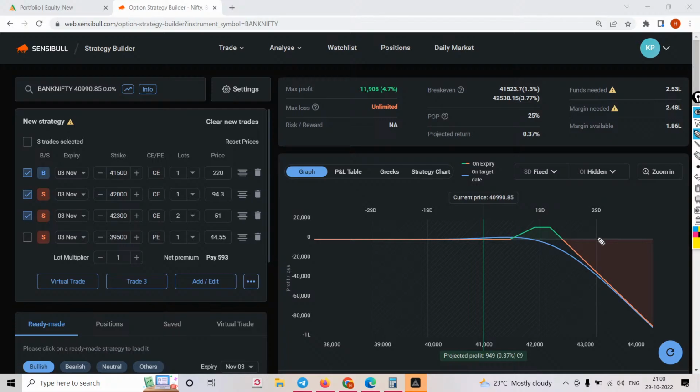Okay, so guys, we have discussed three strategies: iron fly. We have discussed put debit spread. We have discussed the call debit spread. The reason why I've discussed the call ratio spread, I've intentionally told, because you know, right,